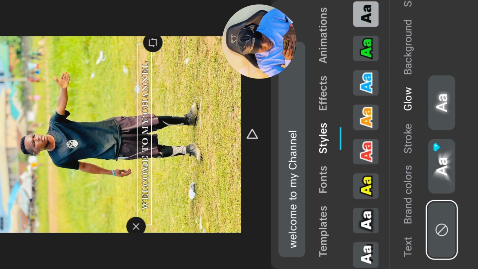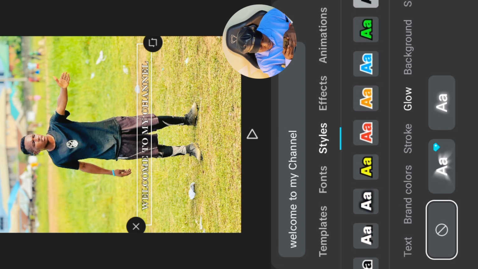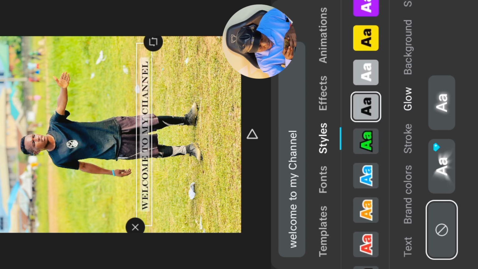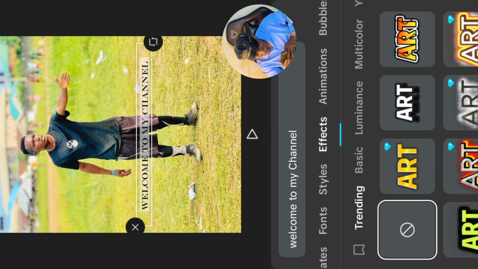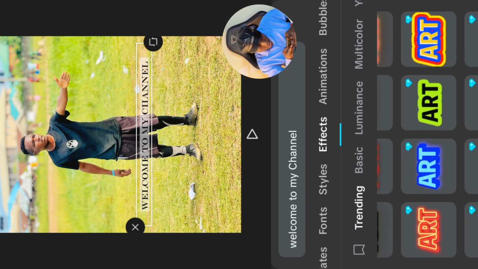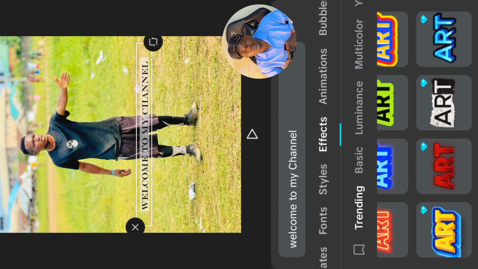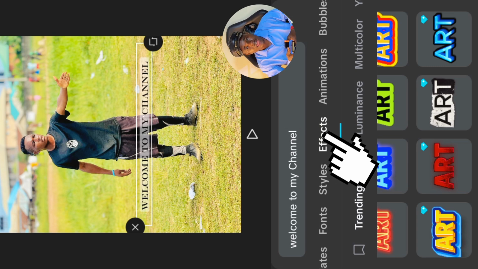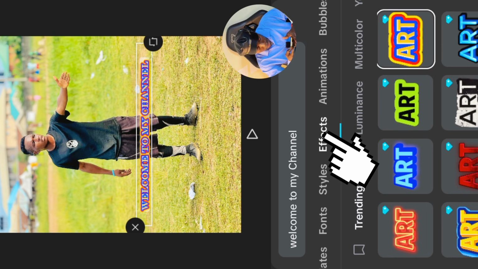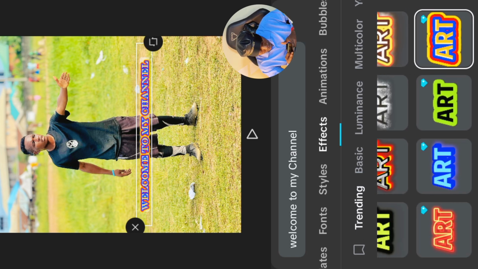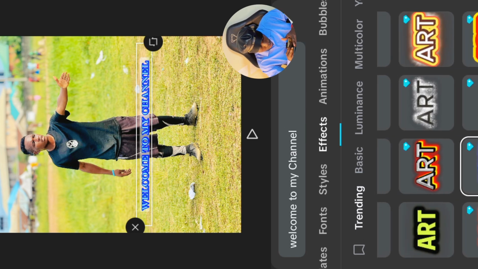So let's head over to style. Let me pick the one I decide to use. I want to use this one. So let's head over to style. Style is also another place where you can have different types of font in a different style. So you can see different colors. Which one do you want to use? But many of all these ones I'm tapping right now, you can see